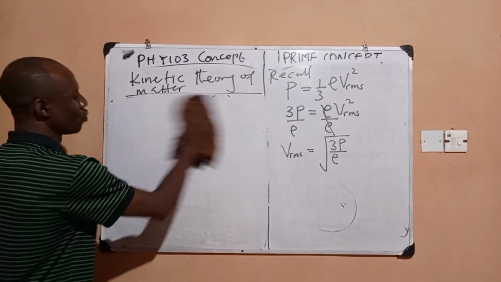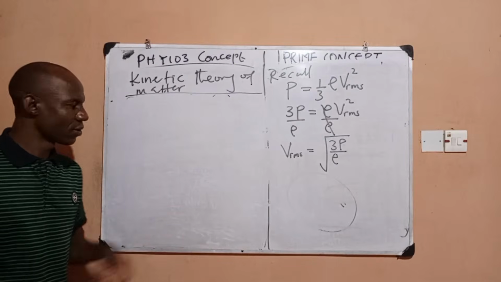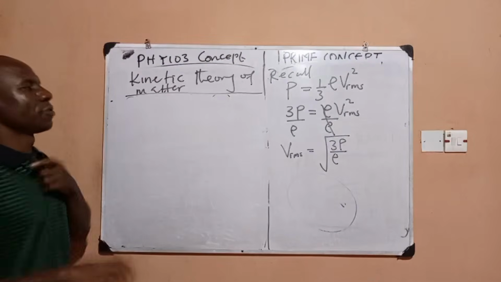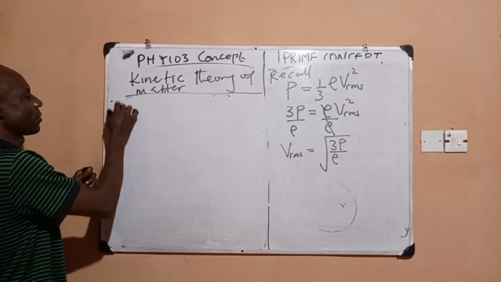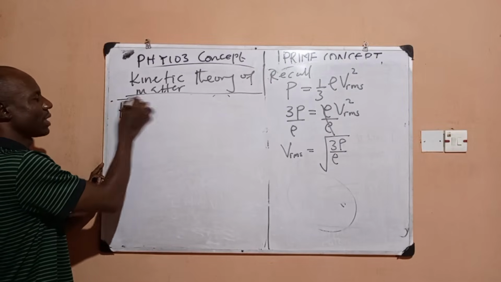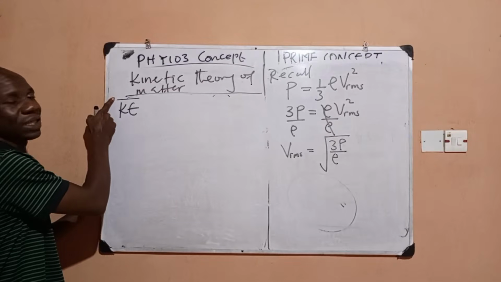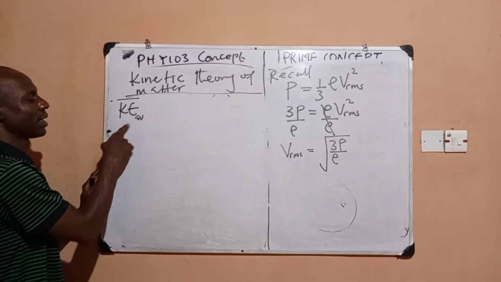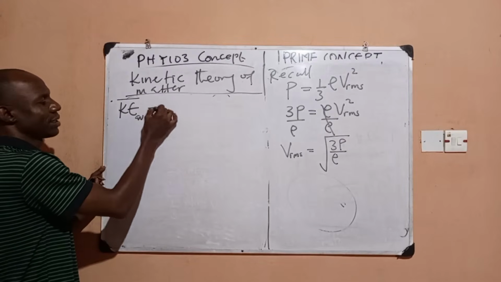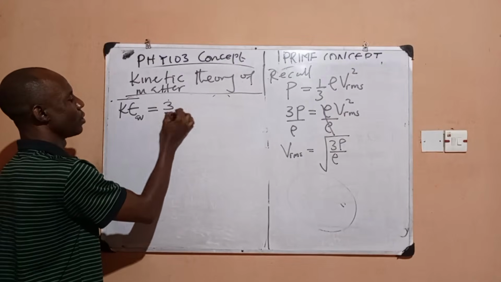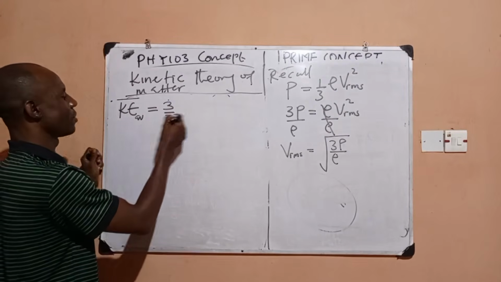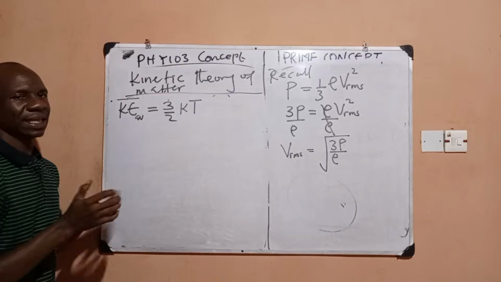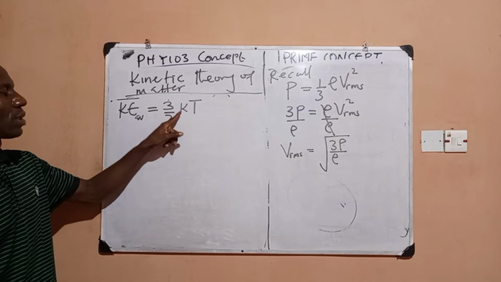So quickly, I want to rub and move on. I've given you 2 formulas. Formula for what? Pressure. Formula for RMS speed. So take note of that. I want to give you the formula for kinetic energy. When you see a bar, it means that we're talking about average. So this is called average kinetic energy. Average kinetic energy is equal to 3 over 2 kT. We can derive it, but I want to save you the time. Average kinetic energy is equal to 3 over 2 K times T.